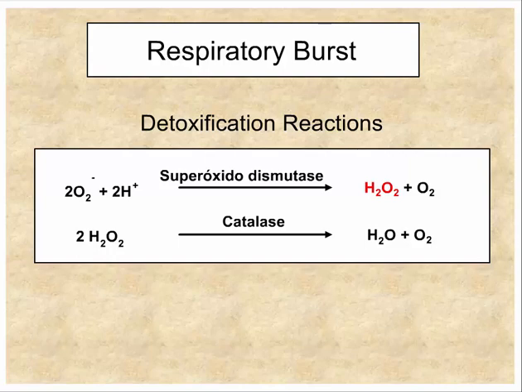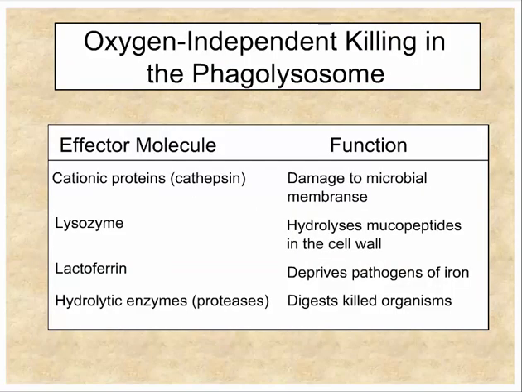This is the reaction that led to the production of hydrogen peroxide. Hydrogen peroxide can be broken down by catalase back into water and oxygen. And so this catalase basically acts to dampen these reactions and not let them get too far. Or if any of these reactive oxygen species get into the cell, they can be destroyed by catalase. Okay, all right, so let's go on to this oxygen independent.